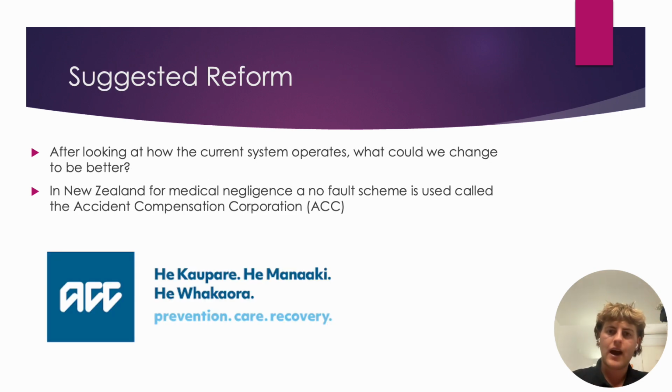So what's the suggested reform for this one? To change the law, we're recommending that we shift to a no-fault scheme of compensation for medical negligence. A no-fault scheme is a scheme that focuses on quick compensation and rehabilitation, rather than placing the fault onto a negligent person. These schemes are a product of legislation and help save cost and time by avoiding the legal battle of current proceedings. Claimants need to prove a causal link between the activity and the injury to be covered and receive the benefits of the scheme.